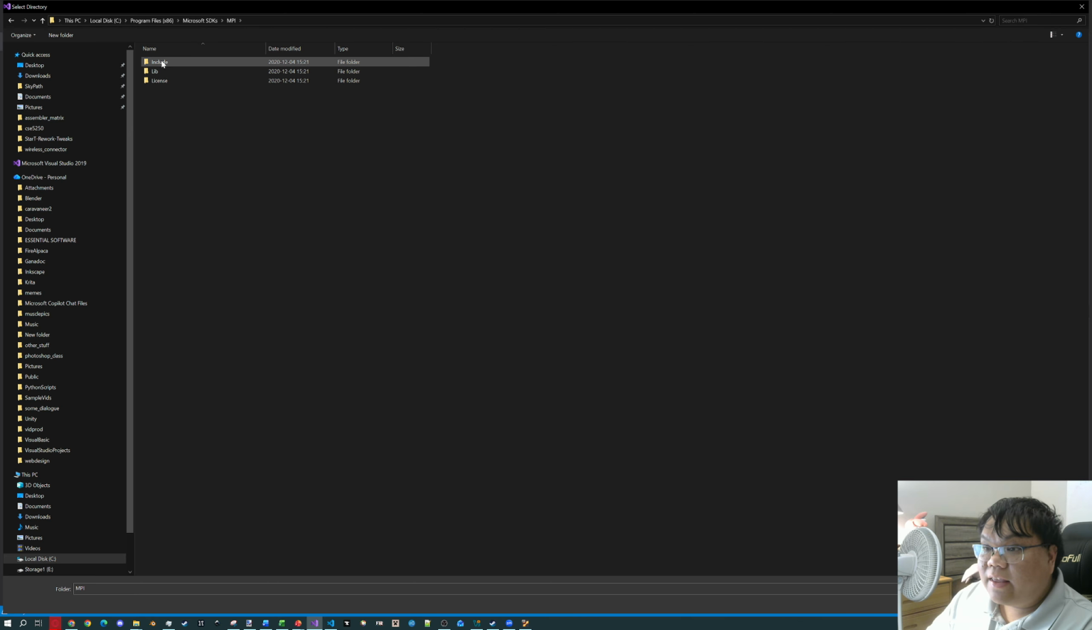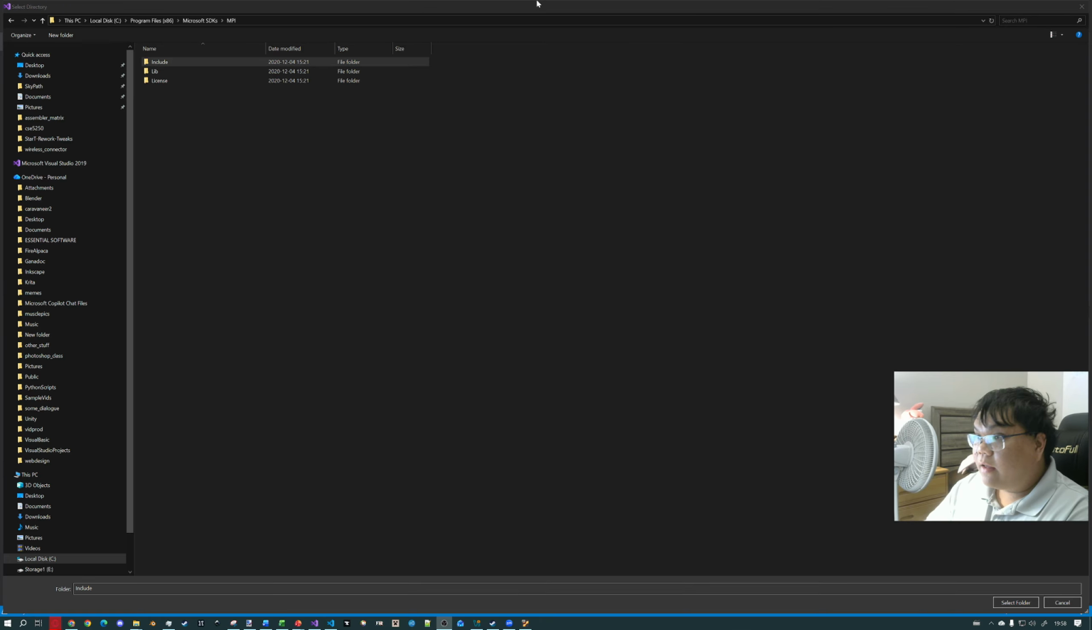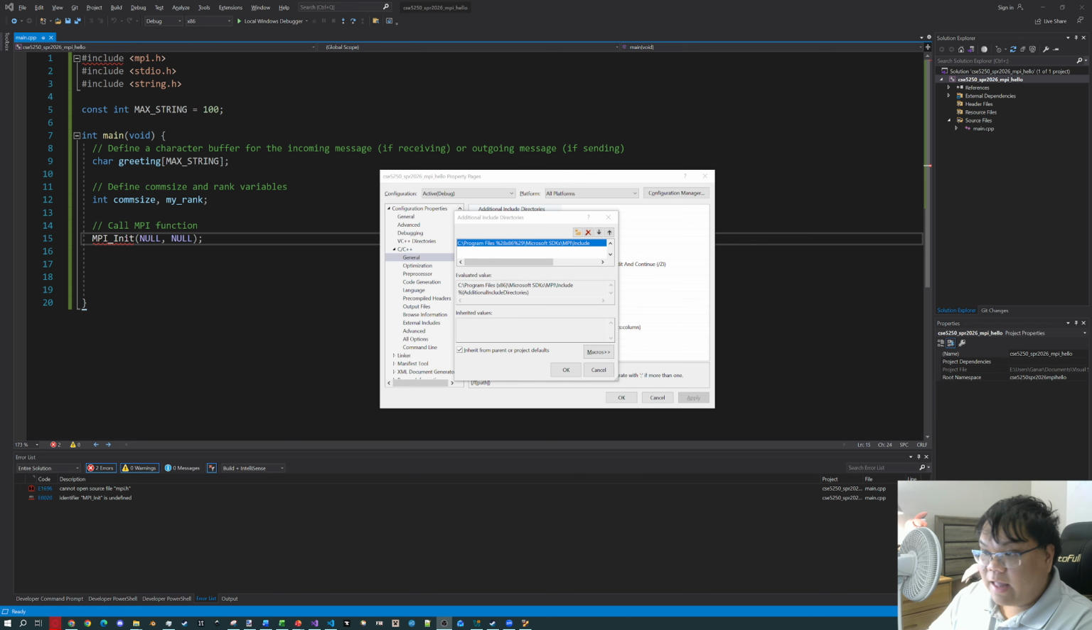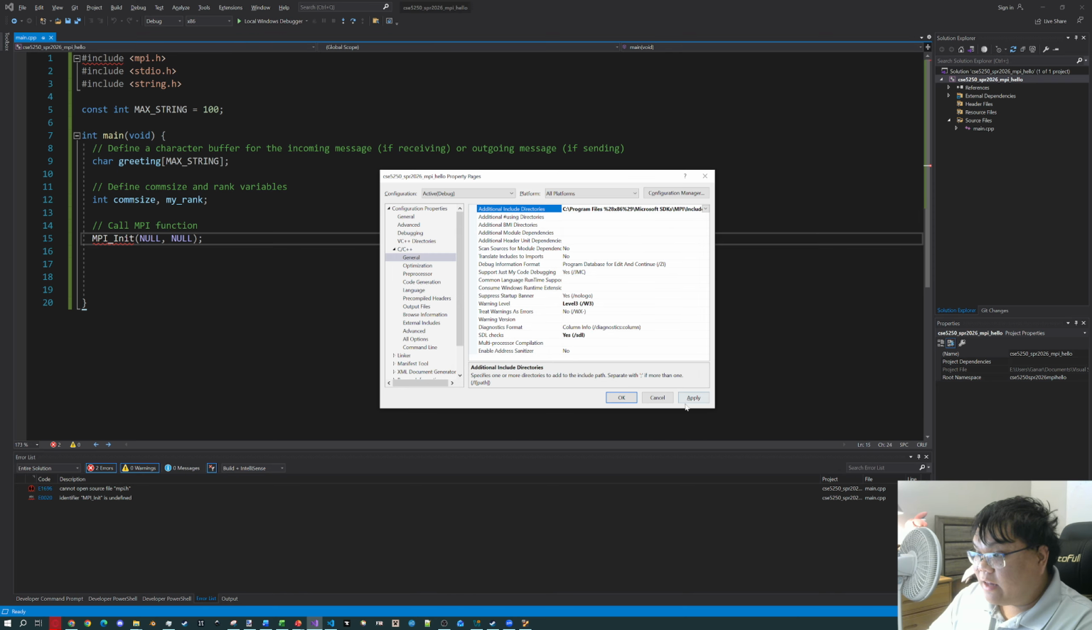Inside that is an include folder. Select the include folder, and down here, actually no, I'll just shrink it. Click Select Folder, and then click OK, and then click Apply. We are not done yet. That is actually step 1. Step 2, we have to